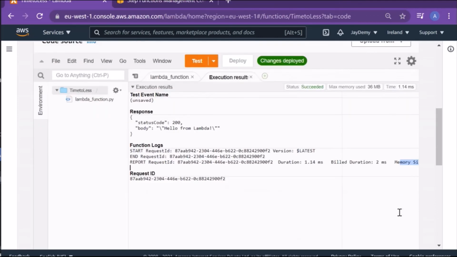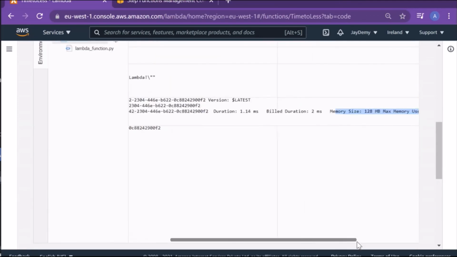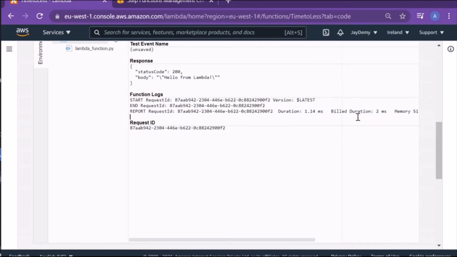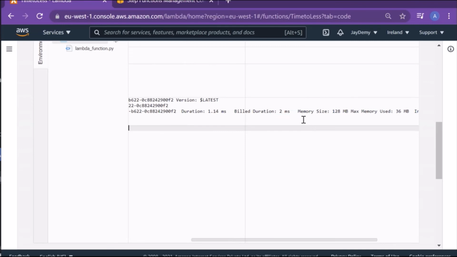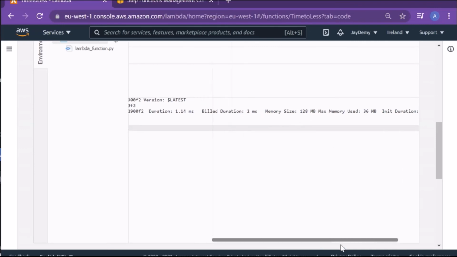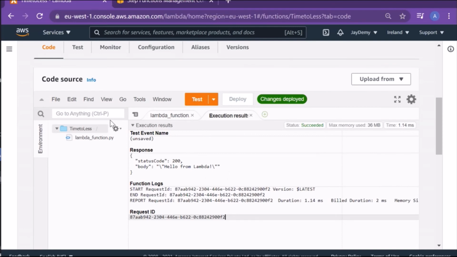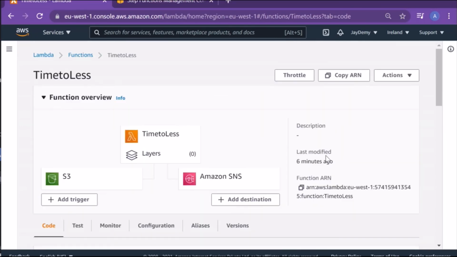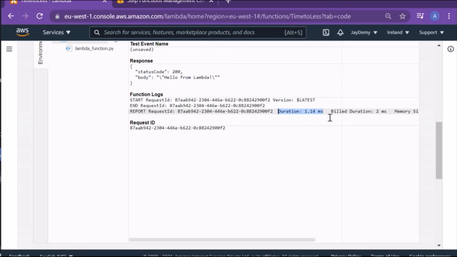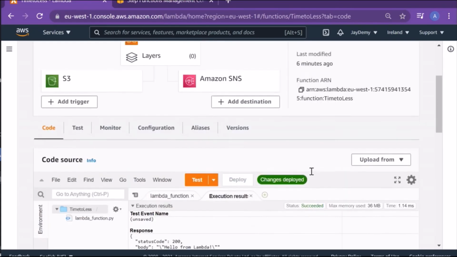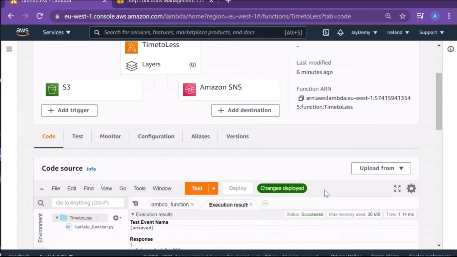And the memory size it has taken, just a moment, I'll show you, is 120 MB, and the max used is 36. We have set a limit of 128, okay, but it is only 36 MB, and the initial duration is 107 milliseconds. So that is what we have to learn: the billing also happens in milliseconds when the function is executed. Whatever Lambda function we created some 6 hours ago, it won't charge from those 6 hours. Whatever time it is invoked and executed, only that specific time will be charged to us. That's what we have to know here, right?